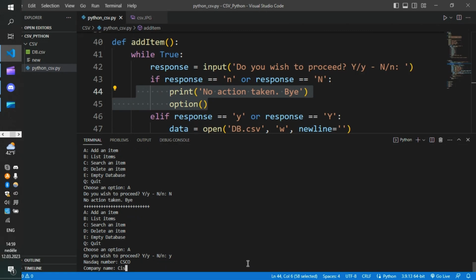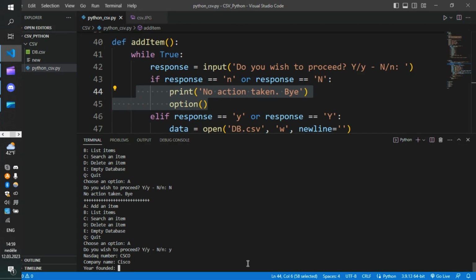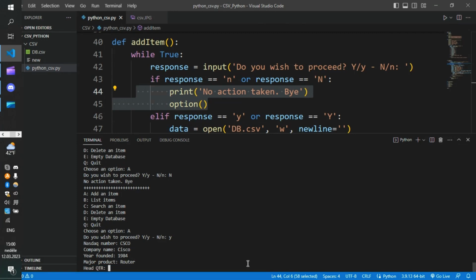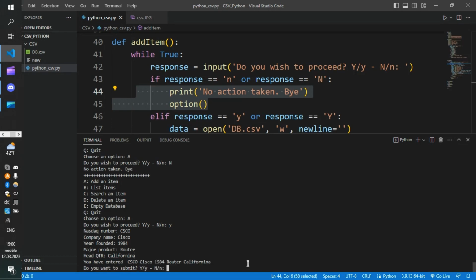Then the company name is Cisco. Then the year it was founded was 1984. Then the major product they produce is router. Obviously, they produce so many other uncountable items, firewalls, and so many other things. And their headquarter, I believe, is California. California is their headquarter. So it says to us you have entered Cisco, the NASDAQ, and then Cisco 1984 router,